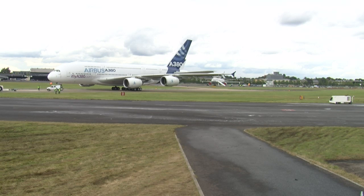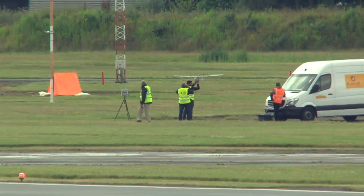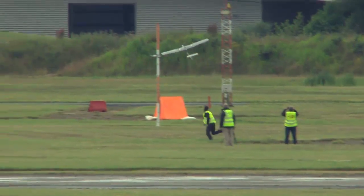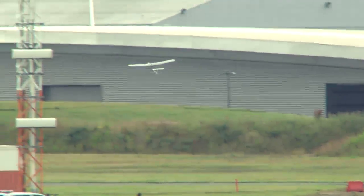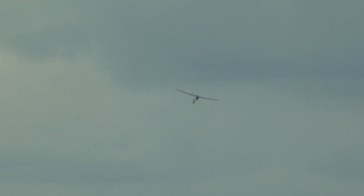Get the camera closer in. No, the prop is not going in. This is going to be hard work for the cameraman when it launches, tracking that close in. They can cope though, can't you guys? Yep. Bruce, well done, Bruce, keeping on to the camera there. And there it is airborne. This is the AR4 Tekova